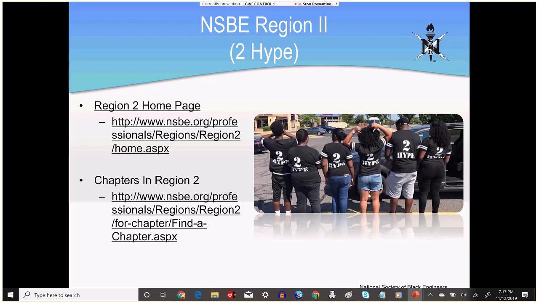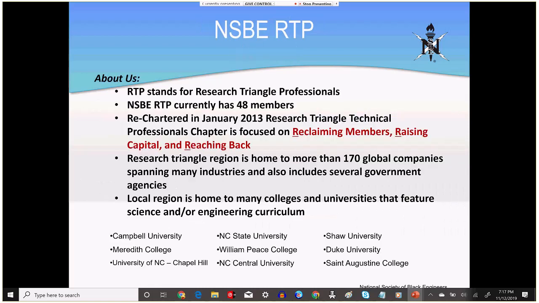And just for a point of reference, the colleges that the RTP chapter supports in Region 2, okay, you got it right there. Let me see if there's anything we need to add. Potentially Wait Tech, they've reached out to us about starting a chapter there. As a matter of fact, someone has joined our chapter who is an employee at Wait Tech.